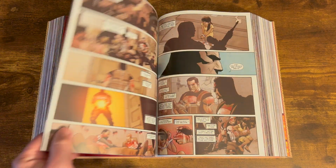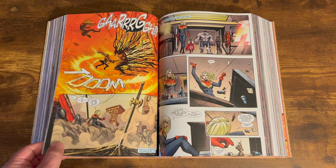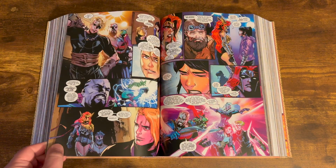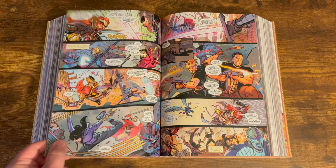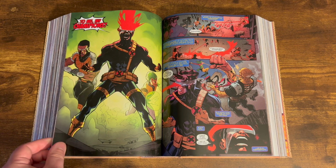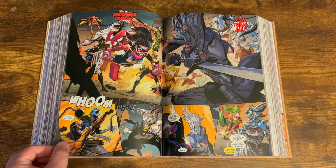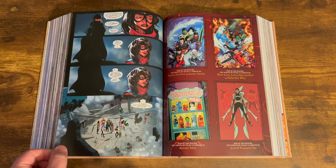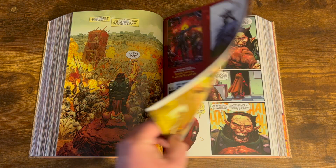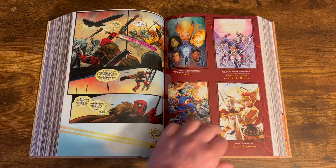Now, getting into actually what this book does collect. Are you ready? Get your pen and paper ready, because there's an absolute ton of issues in this. But this collects War of the Realms 1 through 6, War of the Realms Omega, War of the Realms War Scrolls 1 through 3, War of the Realms Strikeforce, The Land of Giants, The Dark Elf Realm, and the War Avengers Giant Man 1 through 3, War of the Realms Journey into Mystery 1 through 5, Spider-Man and the League of Realms 1 through 3, War of the Realms The Punisher 1 through 3, War of the Realms Uncanny X-Men 1 through 3, War of the Realms New Agents of Atlas 1 through 4, Asgardians of the Galaxy 8 through 10,